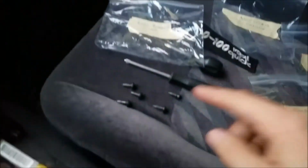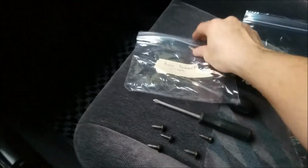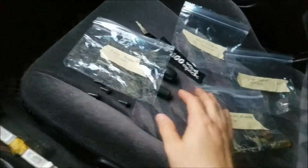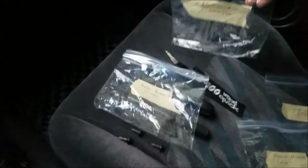Alright, so all the screws are out, so I'll just pop this out and then disconnect the cables. All the screws are actually identical. So I got my bag here labeled the radio bracket screws that will screw in the radio bracket as well as the bezel. And for the AC, I think they might be the same, but just in case, I have